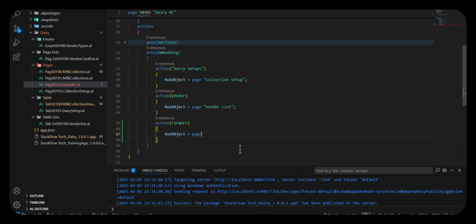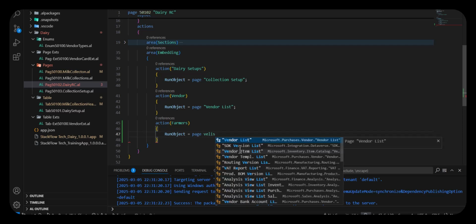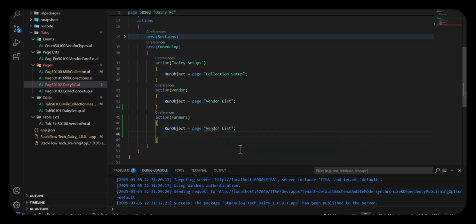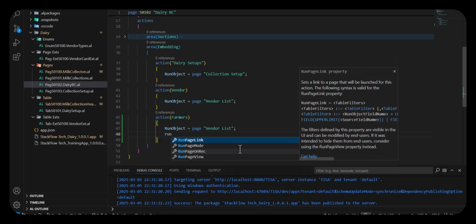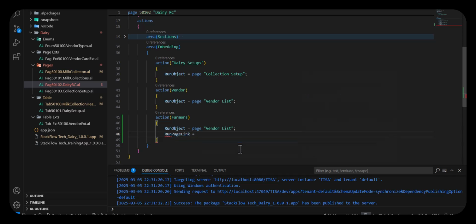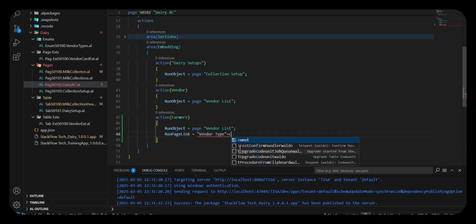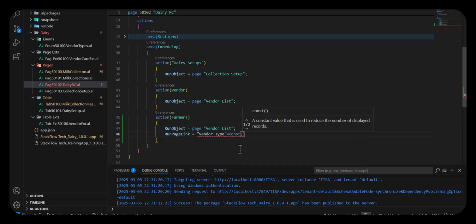The RunObject is page vendor list, and then I'll have to introduce another property for actions called RunPageLink, and then I'd say vendor type is equals to const farmer,